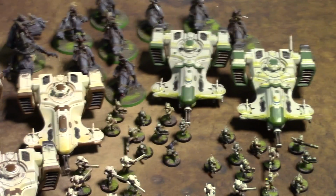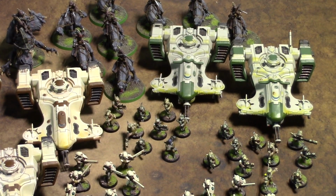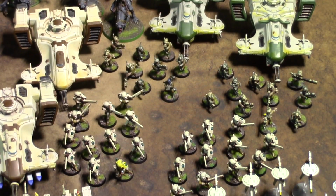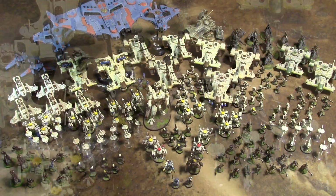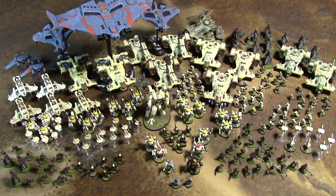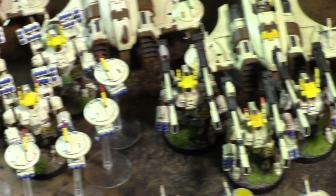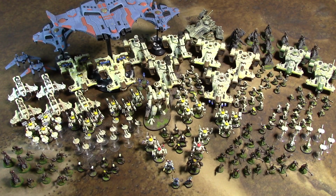So I also noticed there is obviously a tertiary yellow on a lot of these models. That's for squad designation, and also, exactly, the suits have the yellow. Yeah, yellow is pretty much the color of the elites. So the crisis suits have it. The sergeants, the chasseurs, I believe, and the fire warriors have it. Yeah, pretty much yellow is just the general. You know, this guy's special. Yeah, he's special. And then above yellow,